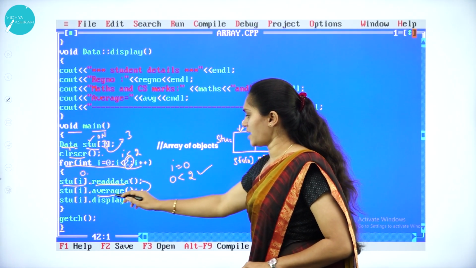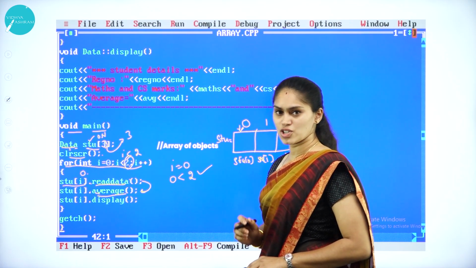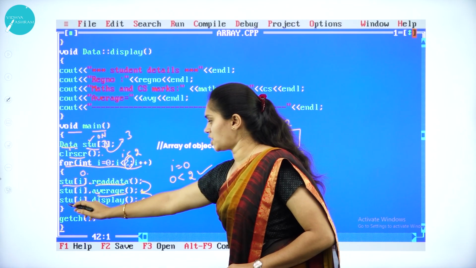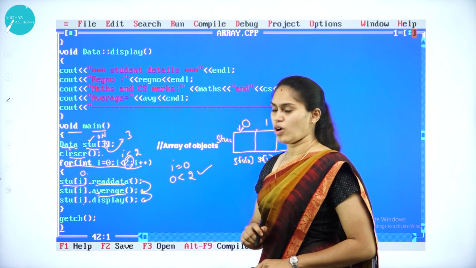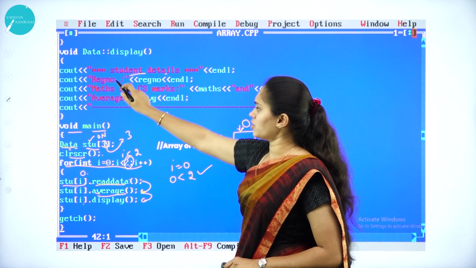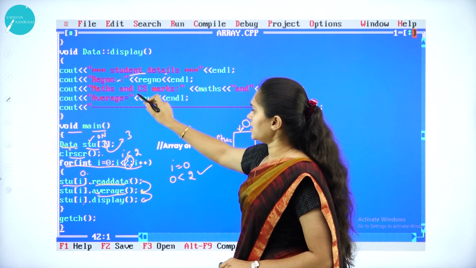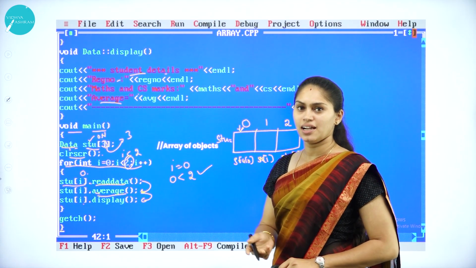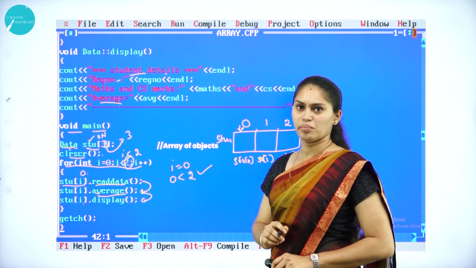Okay, so once the execution of the average function ends, at last it will come to the display function. So stu[0].display. What's there in display? It will display the student details: the register number, the maths and CS marks, along with the average calculated by the average member function.